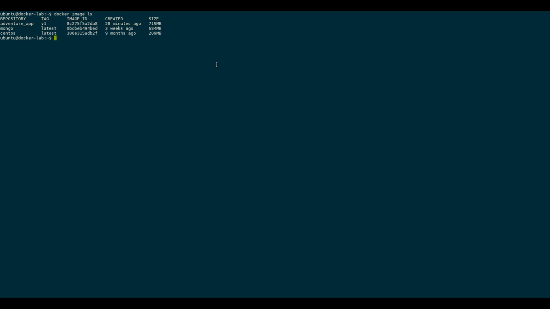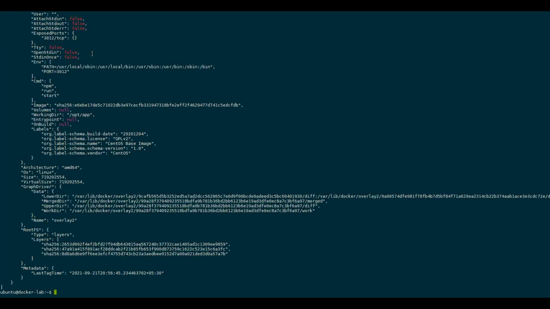Let's see how many image layers are created. If we remember, there was one layer for the base image and two run instructions, which will create two image layers. So ideally there should be 3 image layers. Now as you can see, there are 3 image layers created as we predicted earlier.